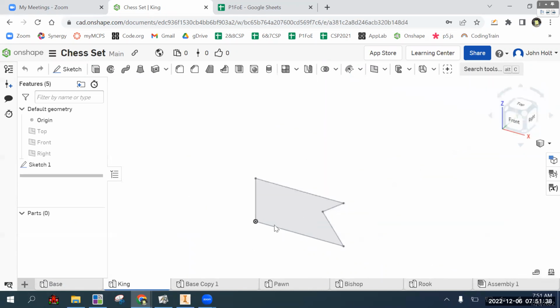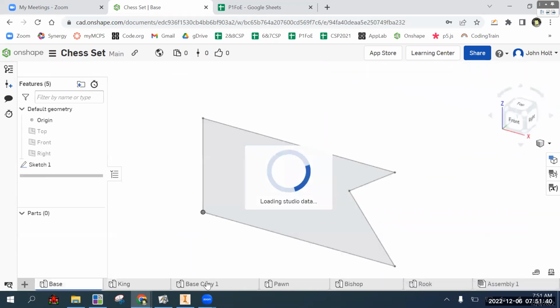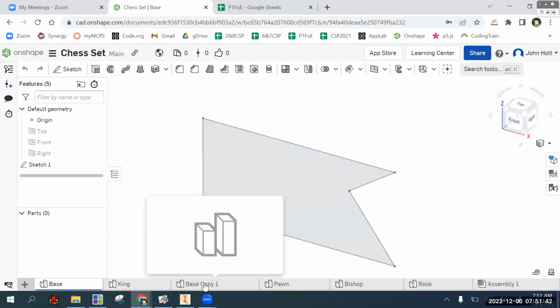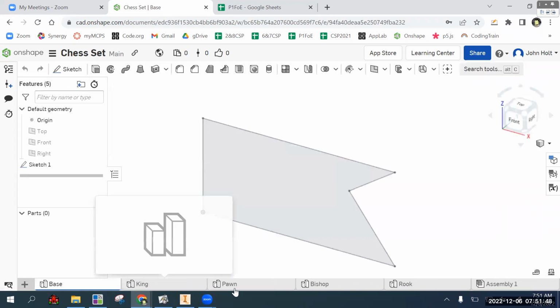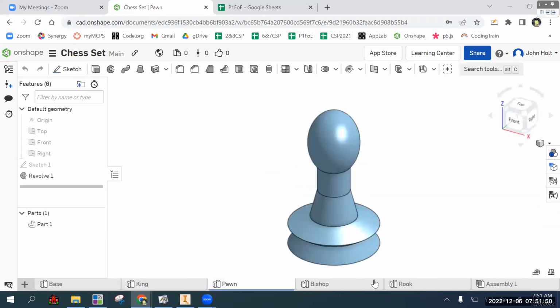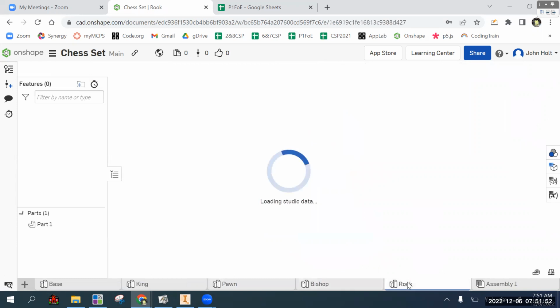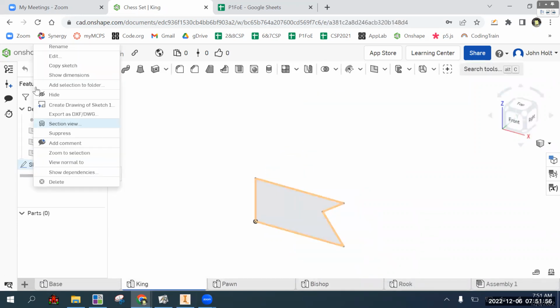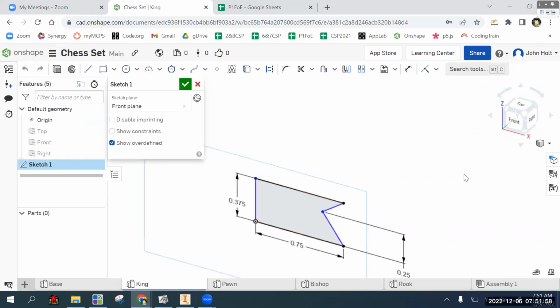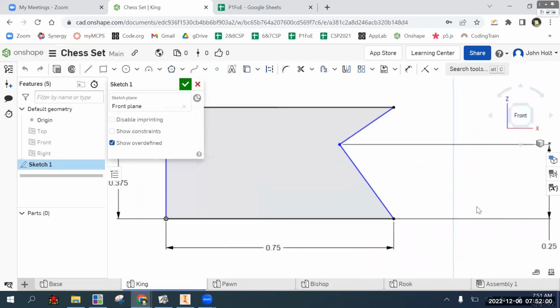All right, so this is our consistent base, that base copy. Let's get rid of this one. I made 2 copies. This is our consistent base that we're keeping for all of them. And the first thing we need to do is go in and edit the sketch, which is going to be the majority of our revolve, and